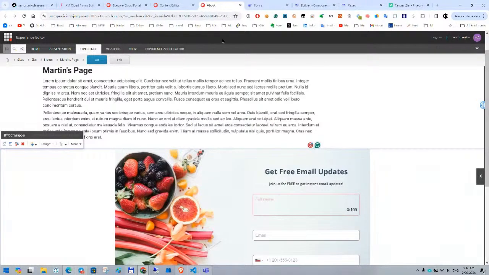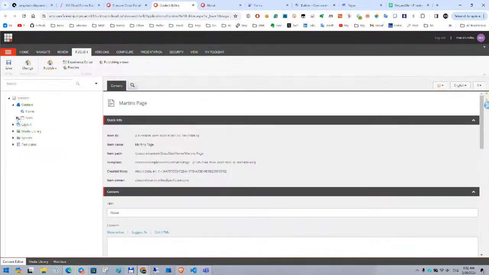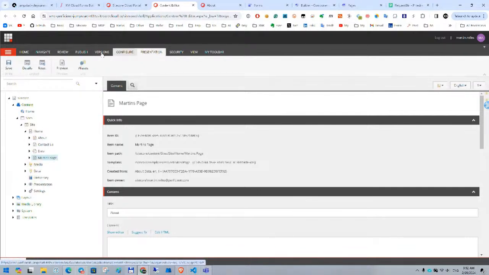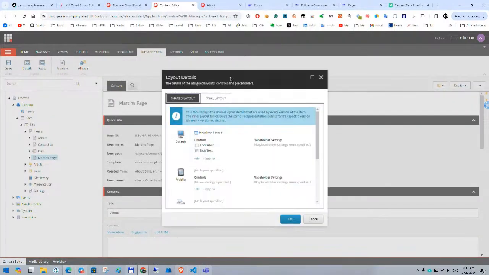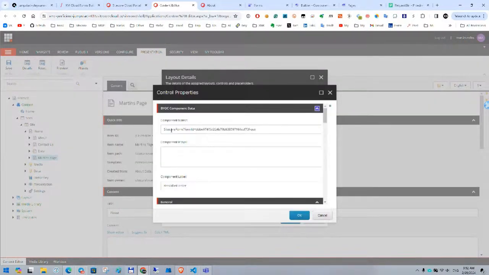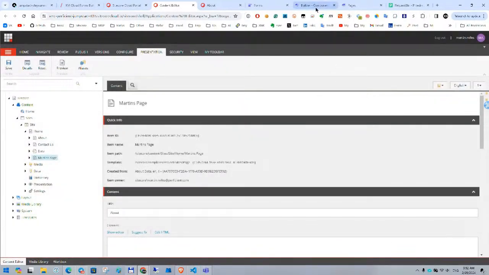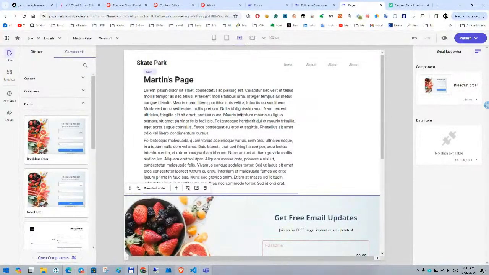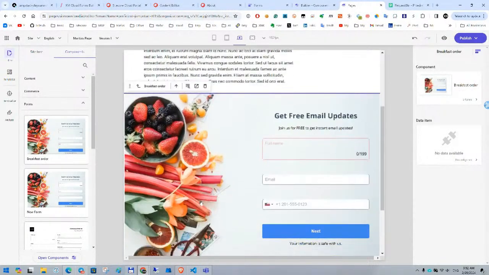You can also do that here as well. A little bit more difficult. So if we go to presentation details, we see the same BYOC wrapper with the same component data as we saw it before. And it even has the right name of the component. So that's interesting. But let's go to another level. I will delete form from here,